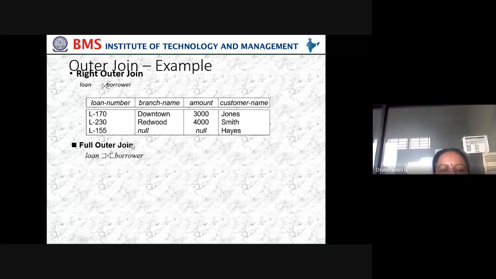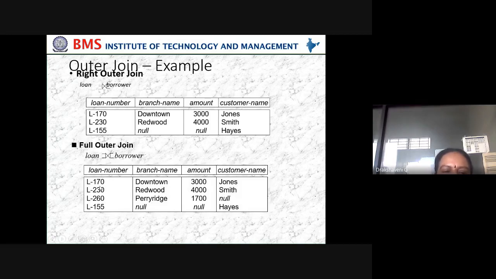In full outer join, all four rows will be there: 170, 230, 155 and one more, 260. So that's what here in loan full outer join you're getting as the result.